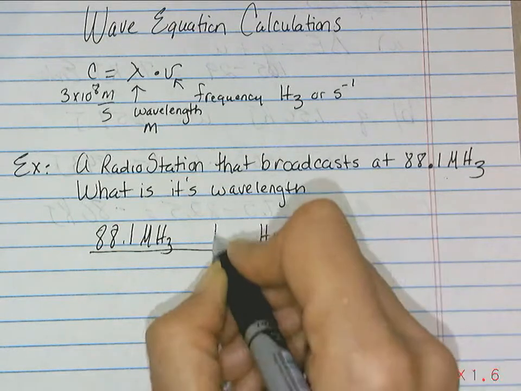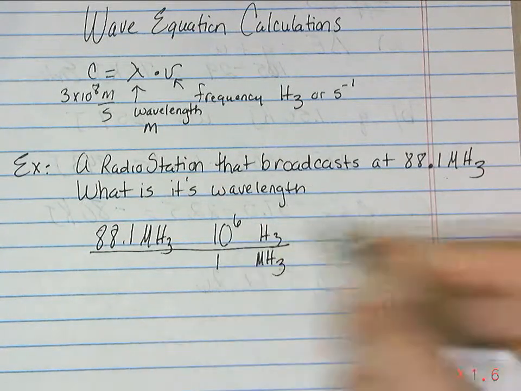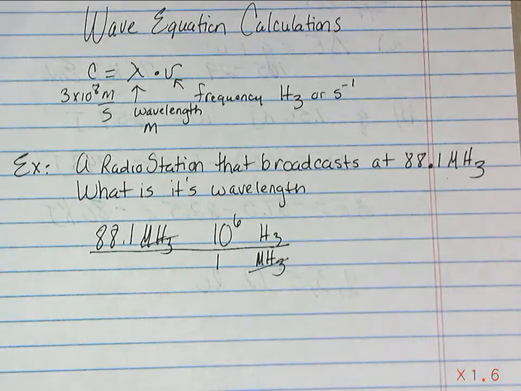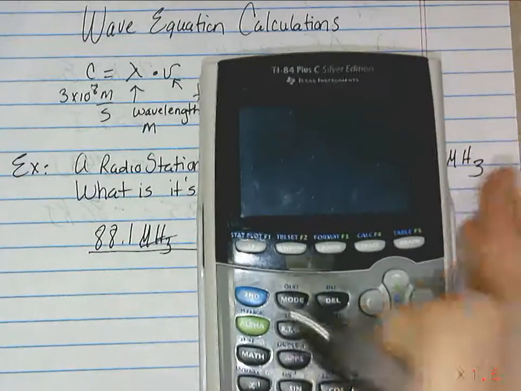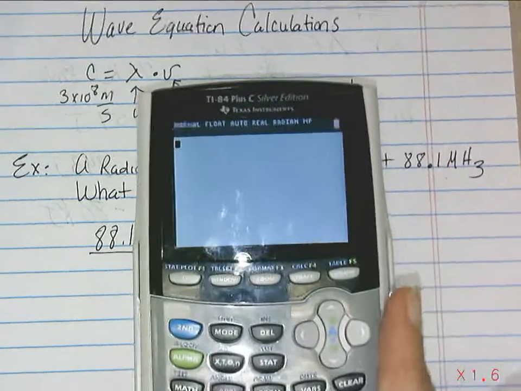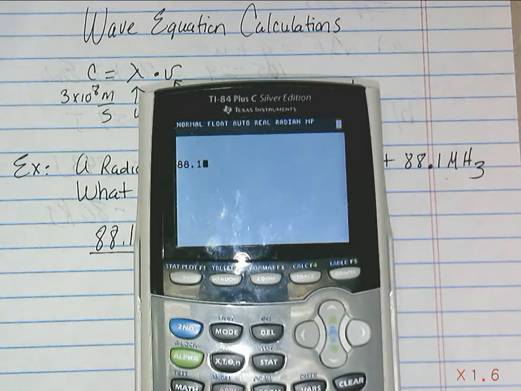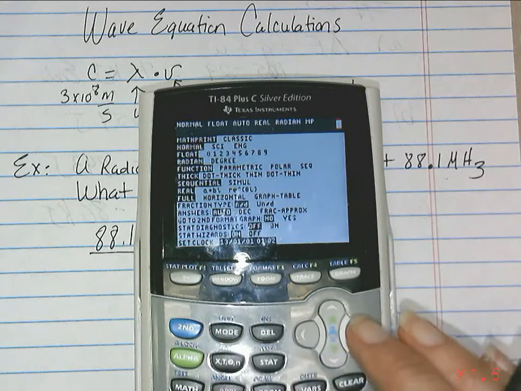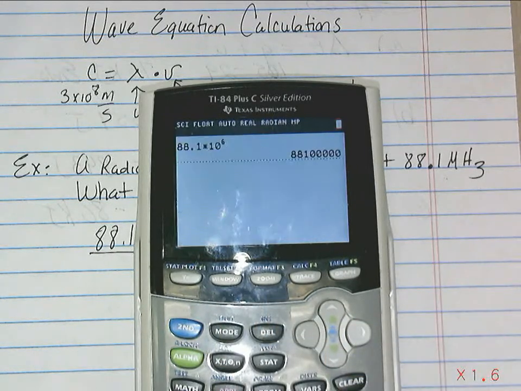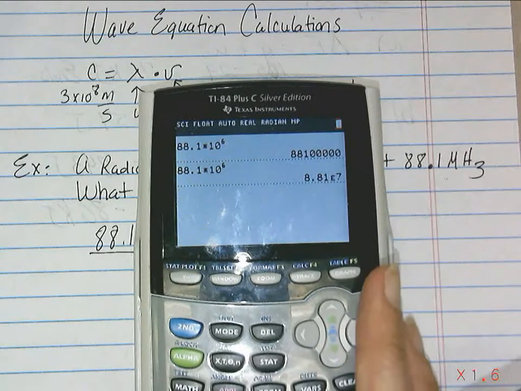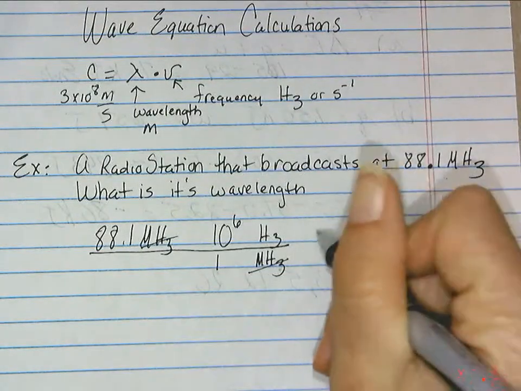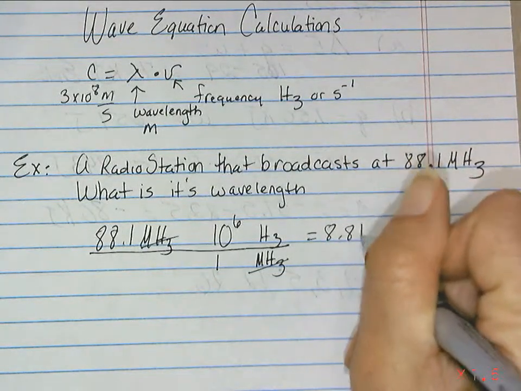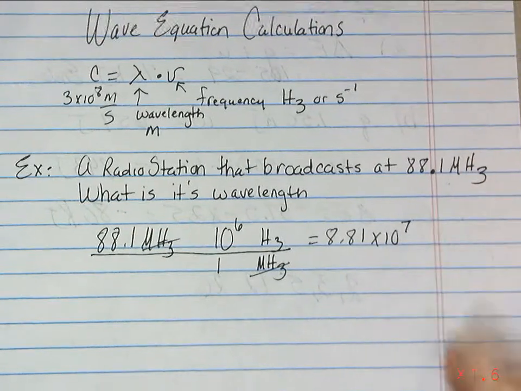Just so happens that there are 10 to the 6 hertz in 1 megahertz. So I do the calculation: 88.1 times 10 raised to the 6th power. And I don't like it in regular notation, so I'm going to switch it over to scientific. And we get 8.81 times 10 to the 7th. We are now ready